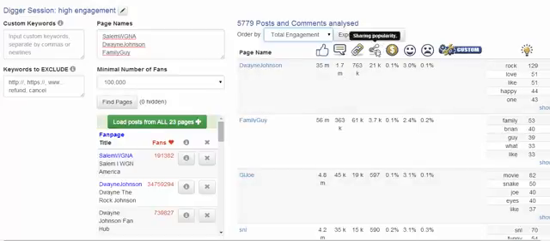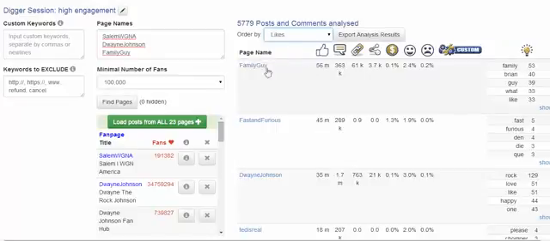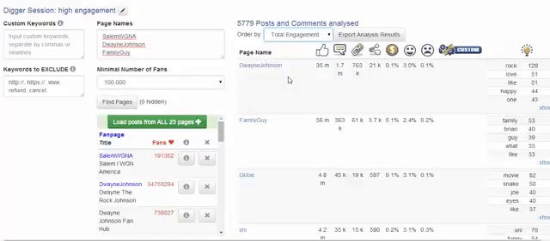The total number of people sharing, this is average shares per post, again it just blows everything else out of the water. But most people would just look at likes and assume that these two are the ones that people are most engaged in. But in actual fact, Dwayne Johnson, his posts are the ones that people are most interested in. So that could mean one of two things: either people like Dwayne Johnson a lot, and so if we